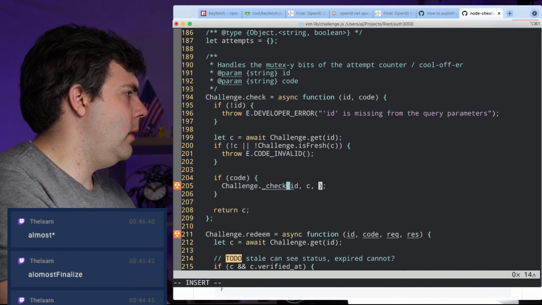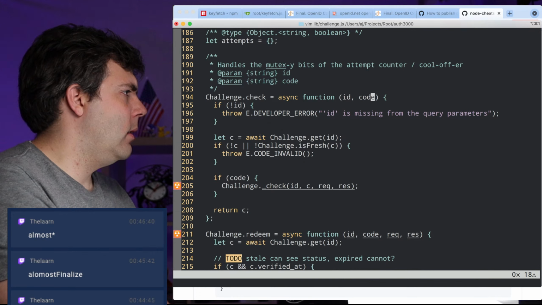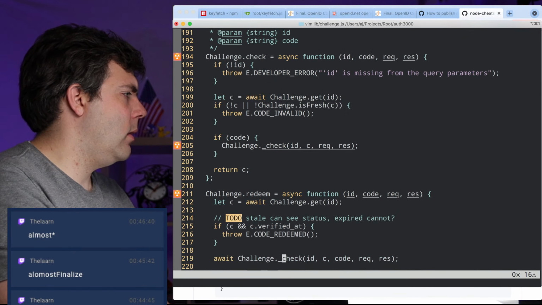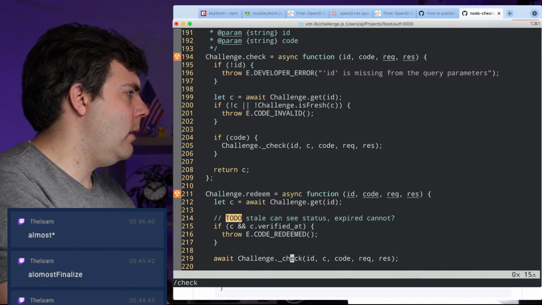Let's see, ID, C, req and res. Getting a little bit wide.